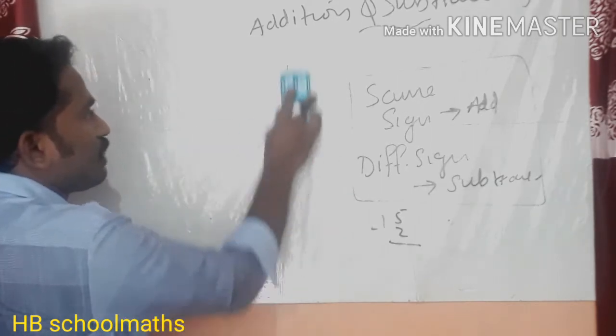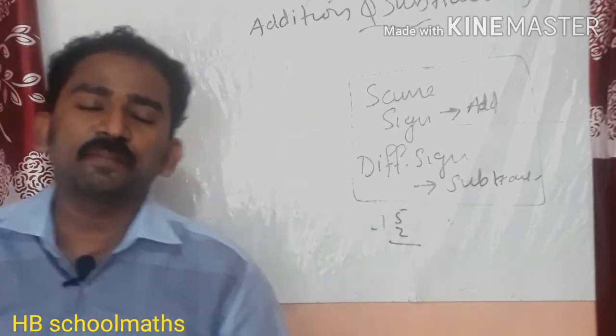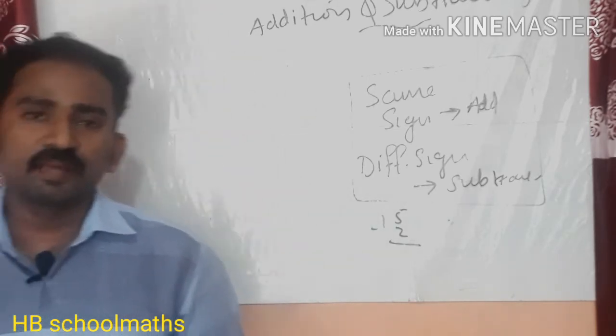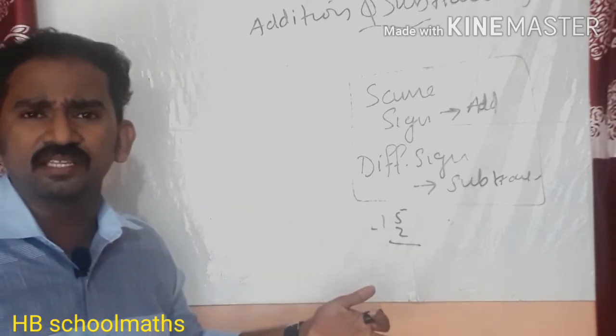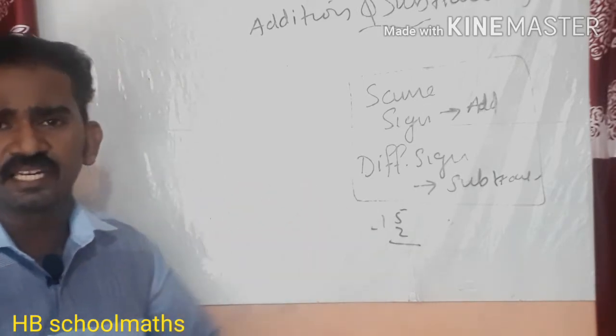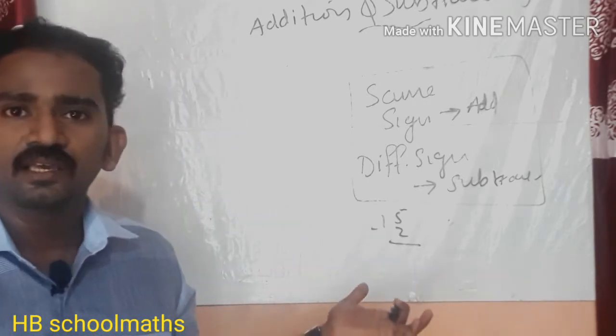Okay, like that, so many questions I will give you after some time. You must have a pen and paper. I will give you a few questions after some time, so you have to answer them. So understood? Addition and subtraction, that much only, it is actually simple. Most of the children, while entering 6th standard or 7th standard, think that the integer portion is more difficult. That much only. See, two numbers are there.